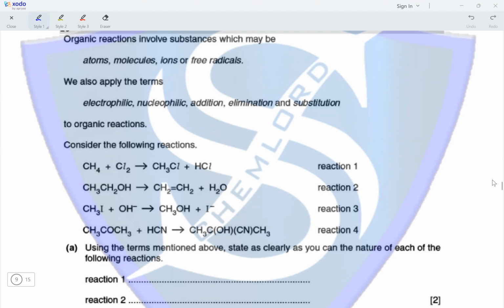Reaction 1. Now, reaction 1 is a reaction between methane and chlorine to produce chloromethane and HCl. So, this is an example of a free radical substitution reaction. Reaction 2 is an alcohol being converted into an alkene with the removal of water. This is an example of a dehydration reaction, but dehydration is not a term given in the choices above. So, water is removed from the alcohol. So, we can say that water has been eliminated. So, this is an example of an elimination